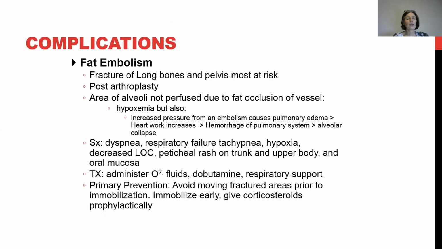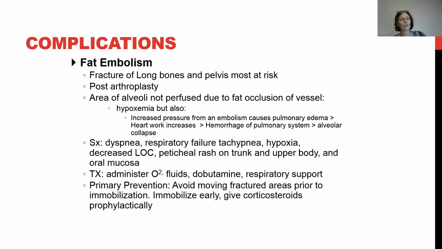Okay, so I mentioned there would be a couple of complications that had later slides. A fat embolism was one of them. The long bones of the femur and the pelvic bones in the hip and pelvic area have a fatty bone marrow in them. So when that patient experiences a fracture of that area, that can release yellow fatty marrow into the circulatory system, because now we've got openings in the blood vessels right there where the blood vessels were traumatized,